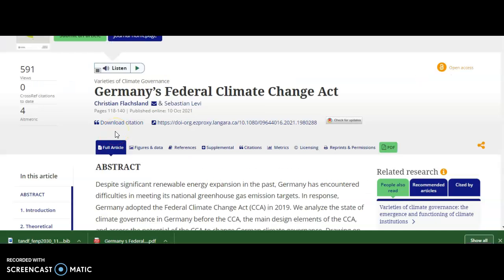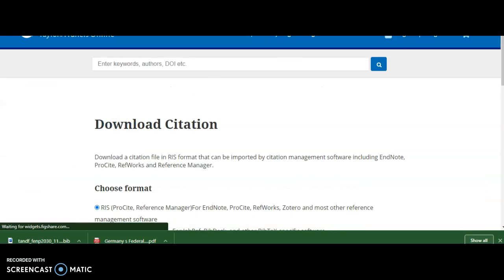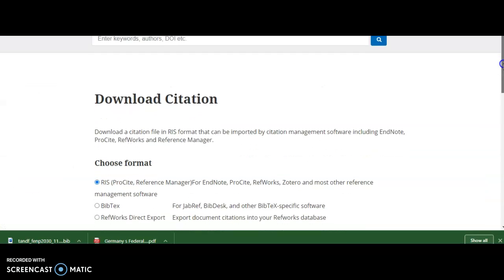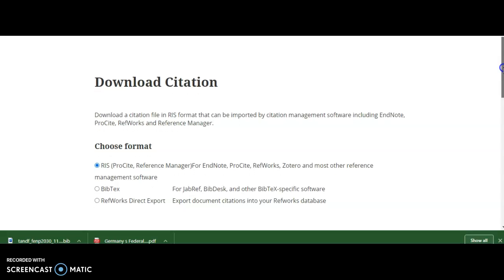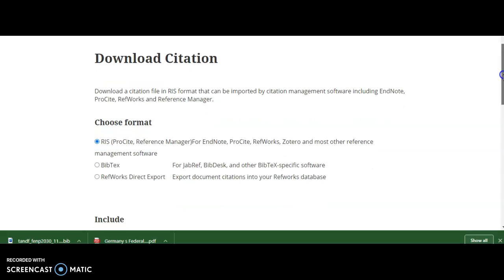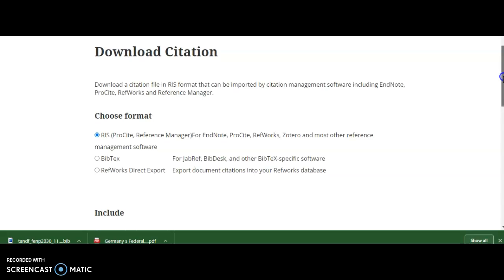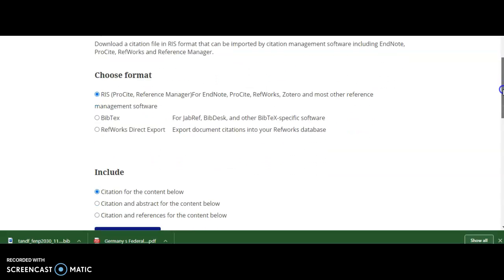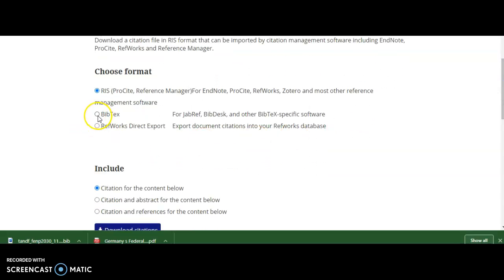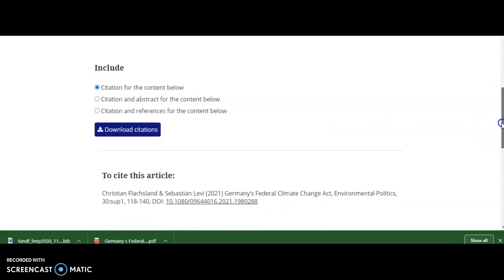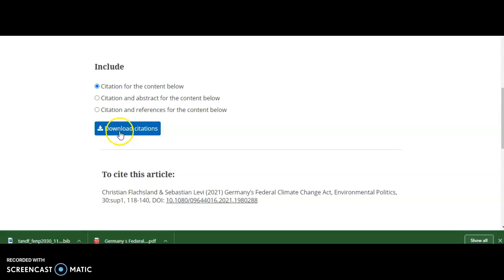You also need to download the citation. For your research project, you need to cite and reference material that you use in your project. So you click on download citation, and here if you have reference management software, you can use it, RIS. If you don't, you can just do a simple BibTeX. So if you click on the BibTeX and then you download citation,